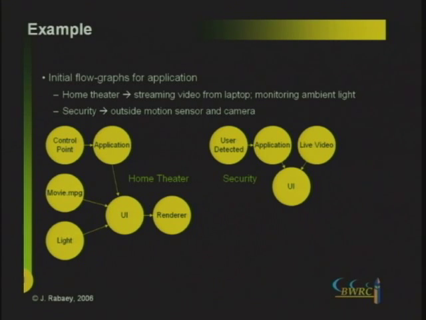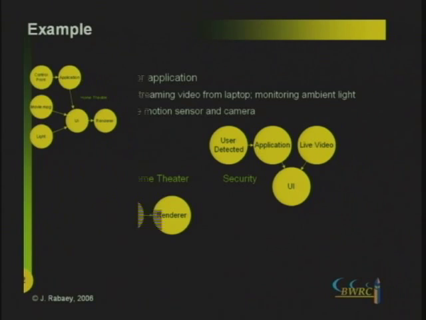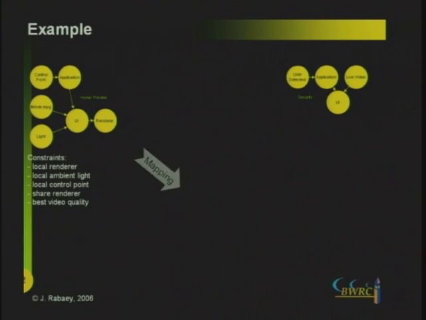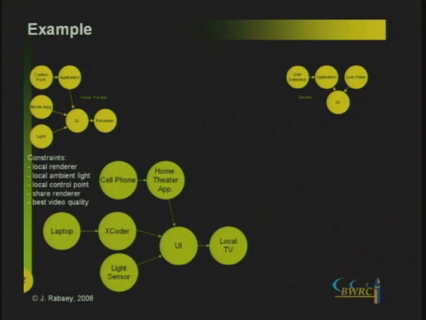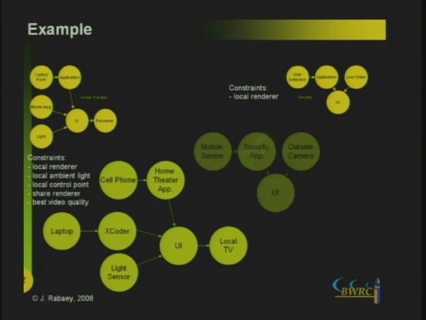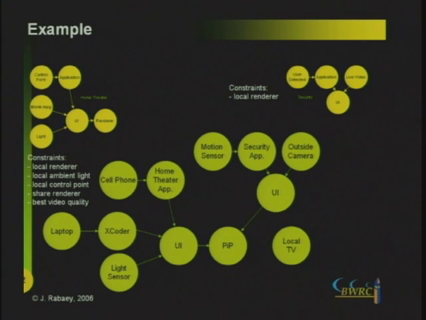Presumably, I would like to see that video stream popping up on the same screen where I'm watching my movie as a picture-in-picture. So these are a set of tasks, and initially, this might be mapped on a set of devices. This might be mapped on another set of devices. But in order to make it work together, what I have to do is dynamically bring those tasks together, look at the capabilities of what my devices have, and either merge them together by putting the picture-in-picture